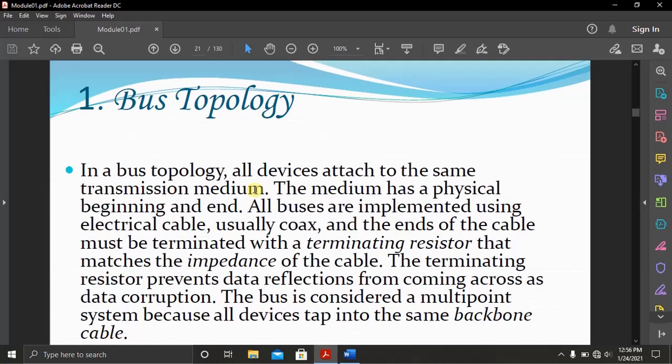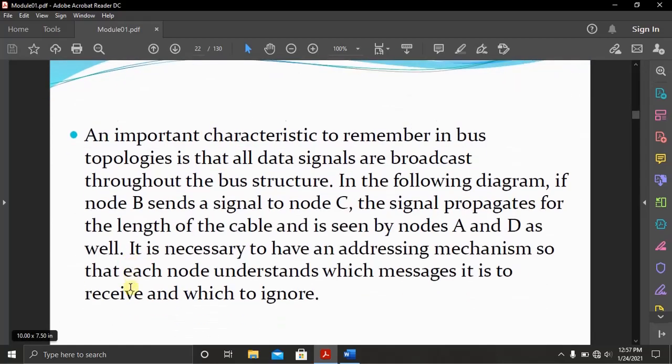The bus is considered a multi-point system because all devices tap into the same backbone cable. So we have seen that in a bus topology, all devices are connected to one transmission medium. Below, we continue with an important characteristic to remember in bus topology: all data signals